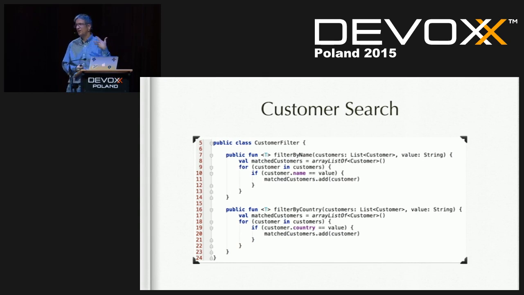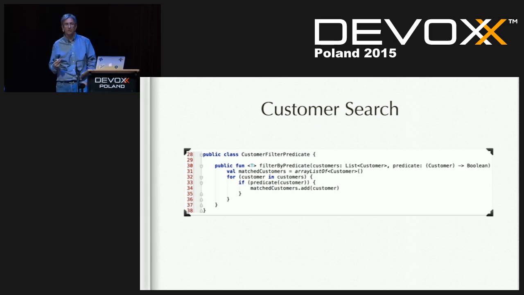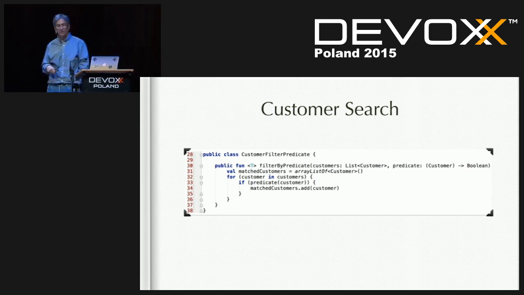Because now every time I want to enhance that with a new field, I've got to put a new case or a new if. Why don't I just use functions? So I could convert that into another function that just takes the actual condition that I want to check. Reduce two functions down to one by just enabling higher order functions. Very simple, but starting to embrace this concept of functional programming.